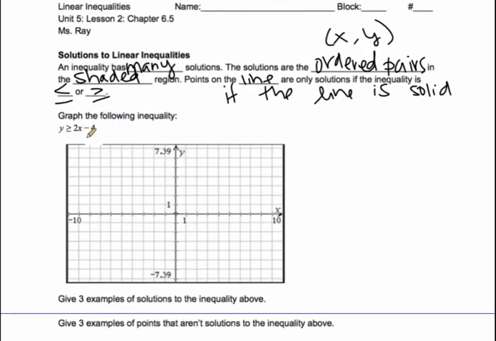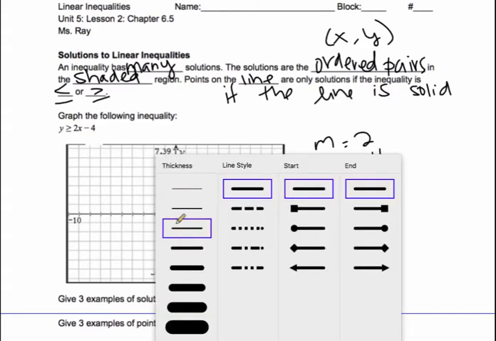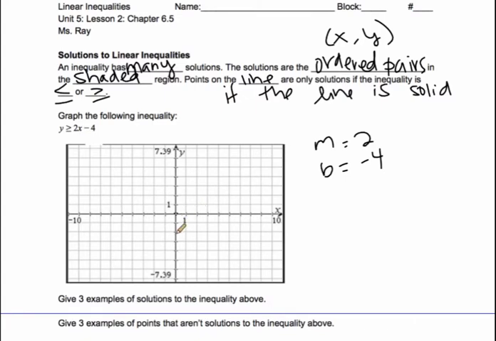So y is greater than or equal to 2x minus 4. So my m is 2 and my b is negative 4. I need to graph the border line, or the boundary line, first. So I'm going to start at negative 4. All right, so I'm going to go, let's see, 1, 2, 3, 4. And I'm going to go up 2 over 1,